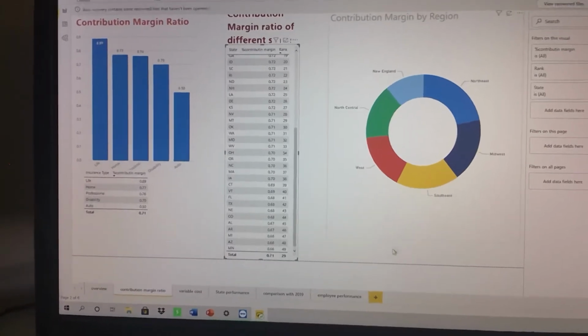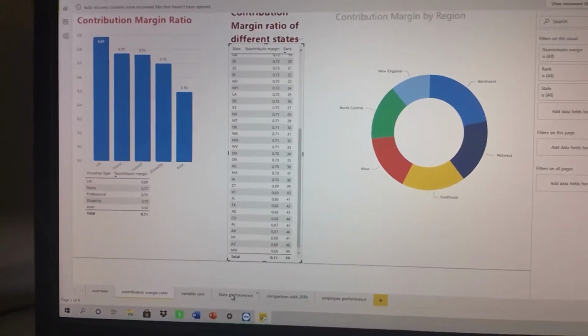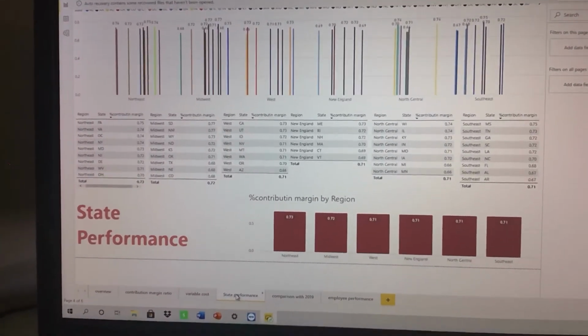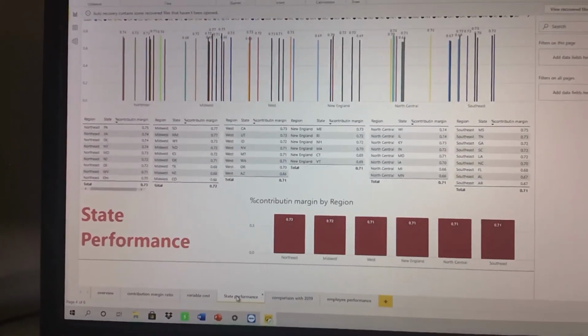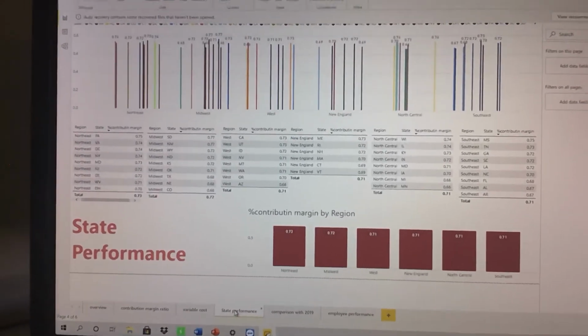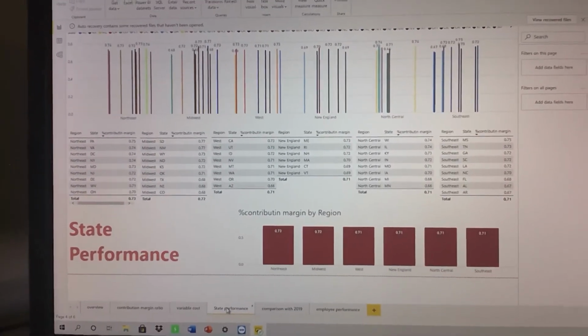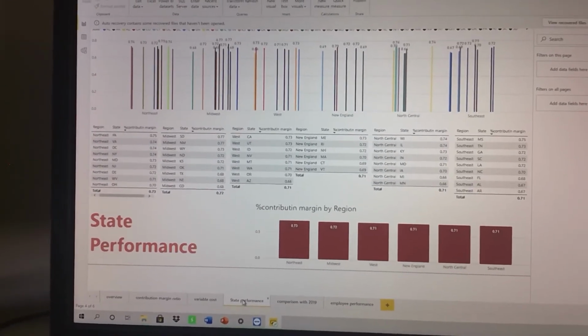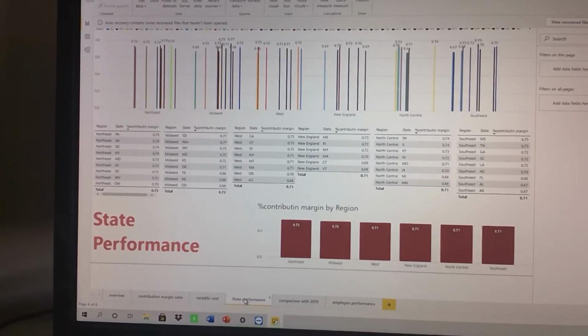The performance of different regions and states is visualized. The contribution margin of all regions is similar. The chart showcasing the contribution margin of different regions also helps the user to view the contribution margin of different states in the region. States SD and NM in the Midwest